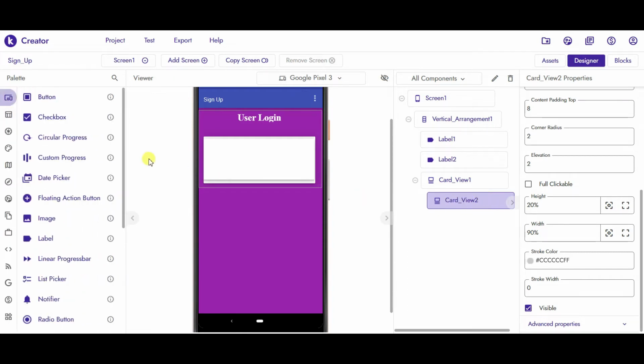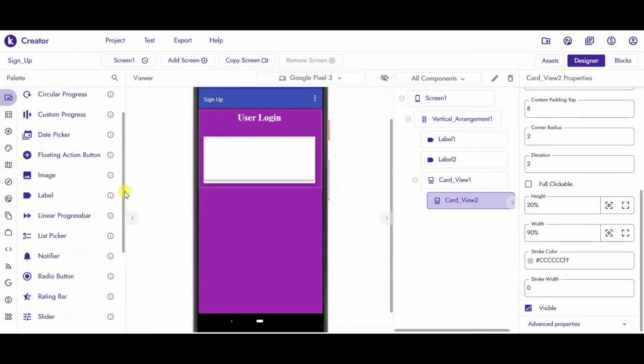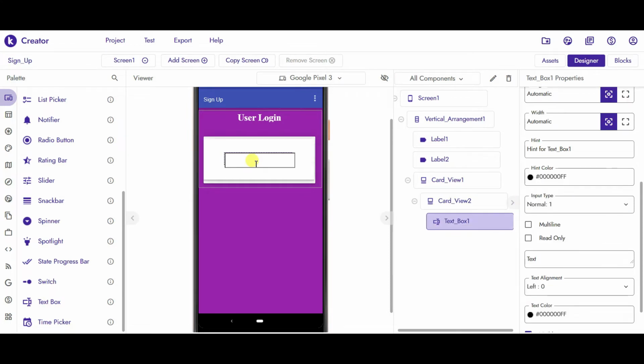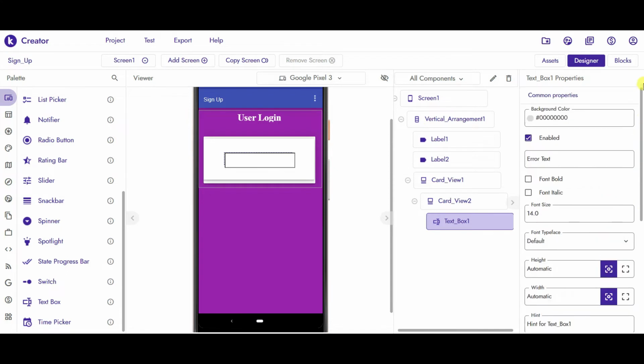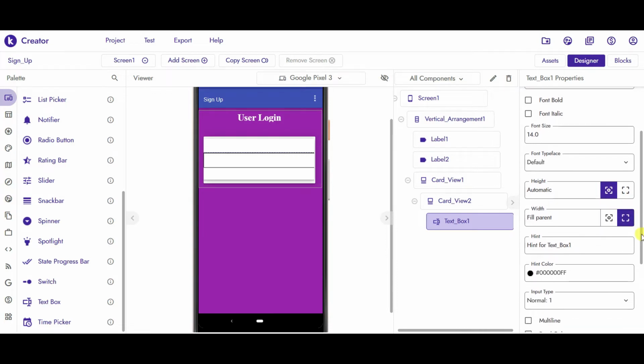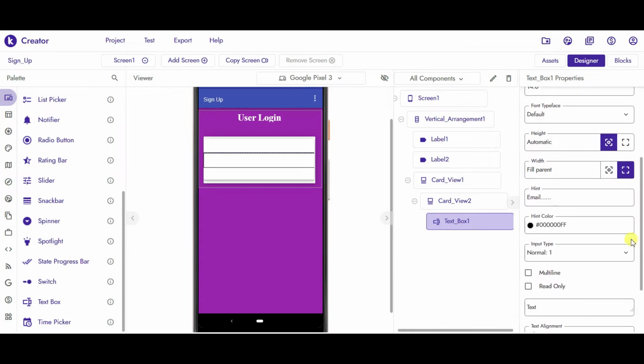Go to user interface and drag one text box. In the text box, set the size to 14, height will be automatic, width will be fill parent, and set the hint to email. Set the input type to email.